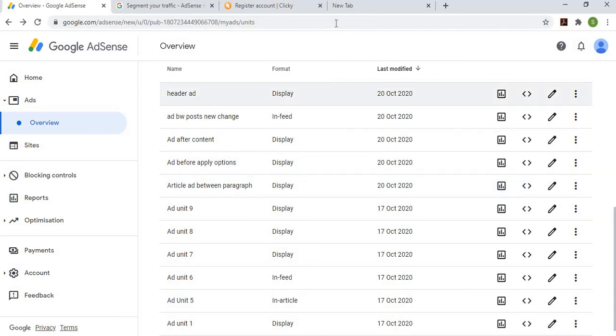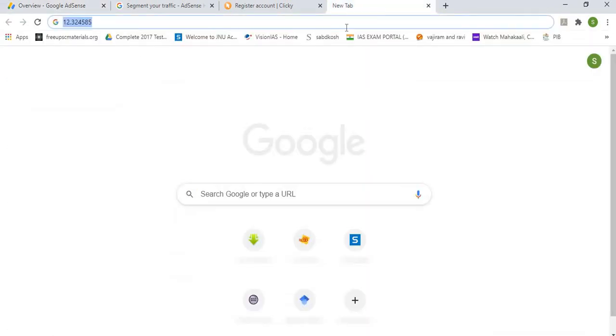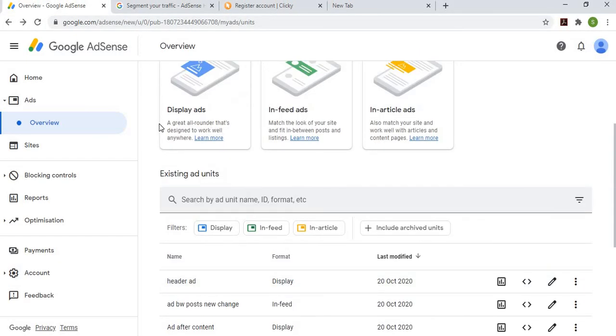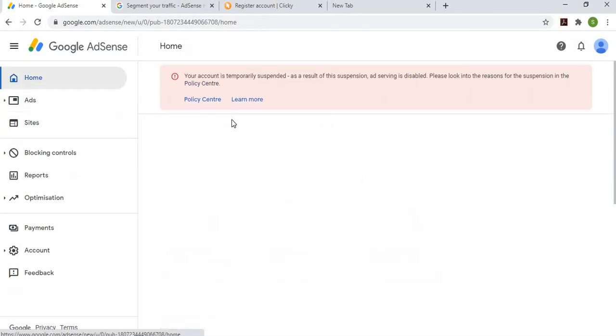After that, with the copied IP address, log in to your site, go to the ad inserter section, and for each ad unit put the IP address there and save it.